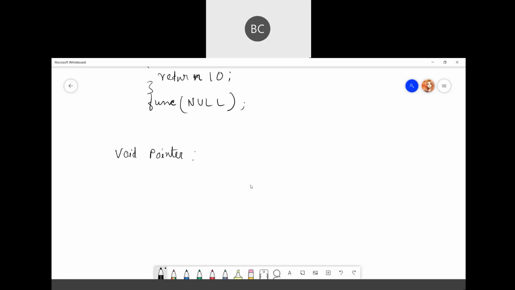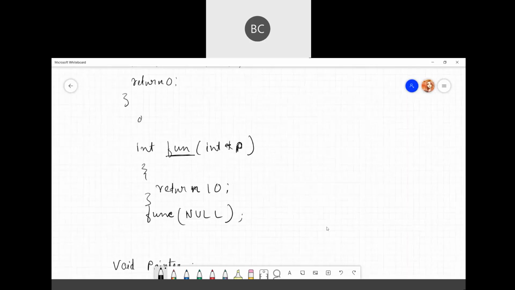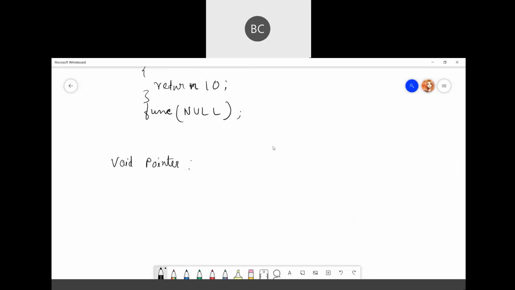It is a pointer that has no associated data type with it. If you want to initialize a void pointer, you have to use the keyword void. It is also called a generic pointer, and does not have any standard data type.